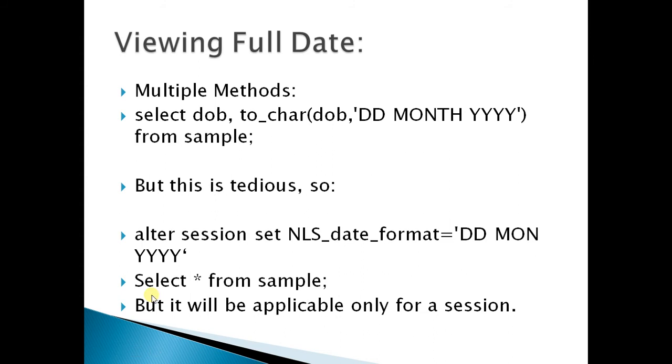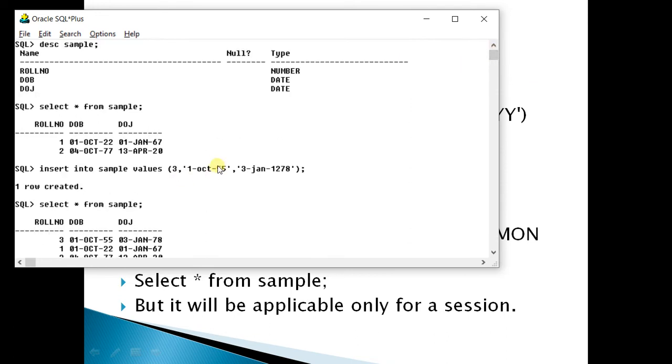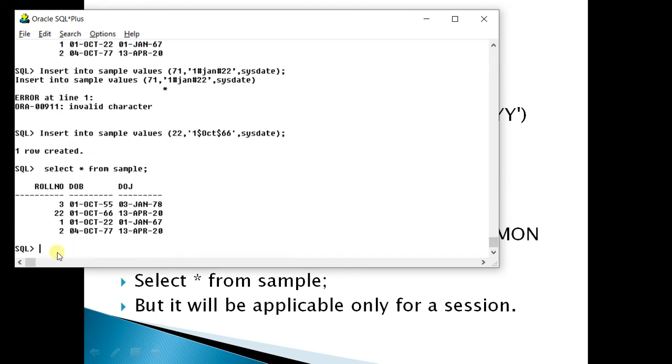Now if you want to see the full year, because as I told you in the beginning, if I have entered 55, then what is this 55? 1955 or something. To overcome this problem, there are different ways. The first one is automatic handling of dates by Oracle. For this, Oracle has introduced the RR format. What is the RR format? It works in plus minus 50 years.